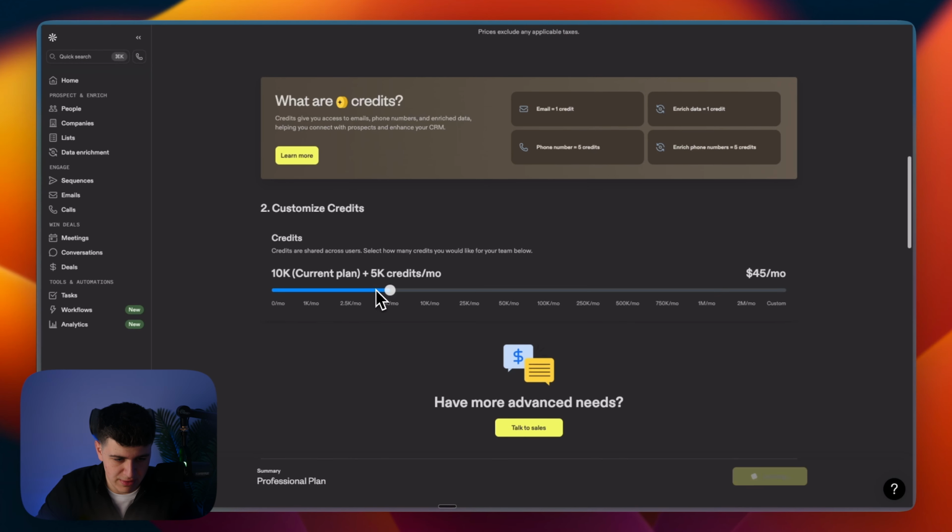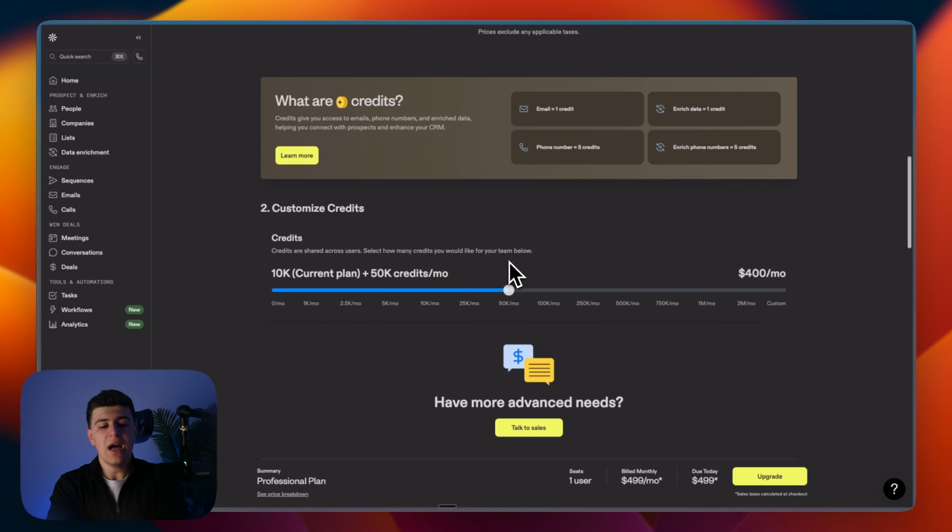So if I do plus 3,000 or the minimum, it'll be 10,000 plus 15 once, it's $45 a month. But again, you're going to be scraping 3,000 leads as nothing, right? For us internally, we send about 20,000 emails per day, which is about 600,000 a month. At our current rate, we'll be spending